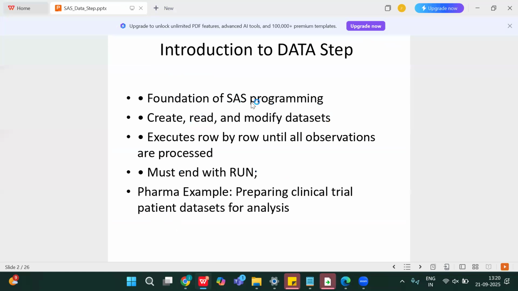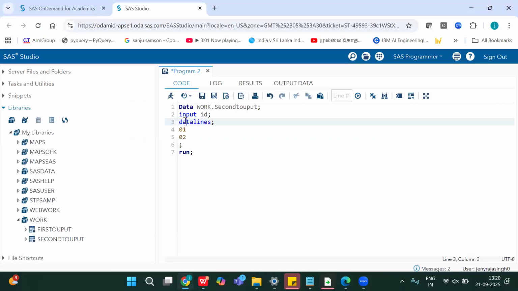Okay, so as I mentioned, the data step is the foundation of a SAS program. It helps to create, read, and modify data sets. It executes row by row until all observations are processed. Okay, so in this code, what I did is I'm creating